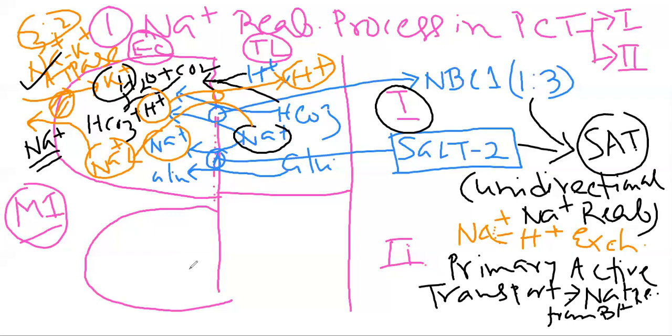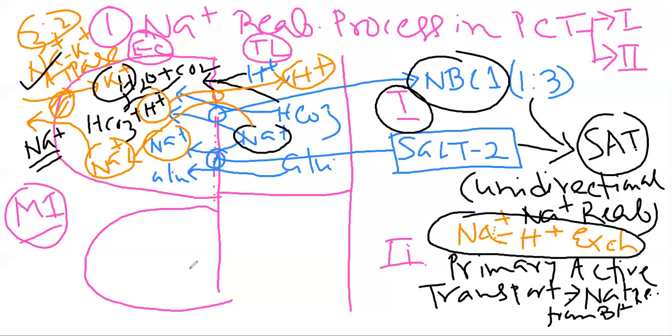And the unidirectional processes are of two types. One is the sodium bicarbonate co-transporter mechanism, where one sodium ion along with three bicarbonate will be reabsorbed from the tubular lumen, and also by the help of the sodium glucose transporter 2, by which not only sodium but also glucose can be reabsorbed from the tubular lumen into the epithelial cell. And second is the exchanger process, by which sodium ion will be reabsorbed from the tubular lumen in exchange of hydrogen ion which is present in the cell, and to maintain the